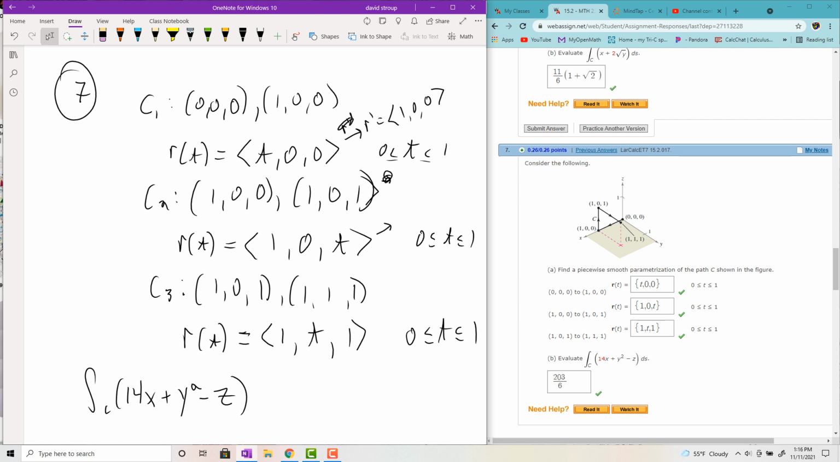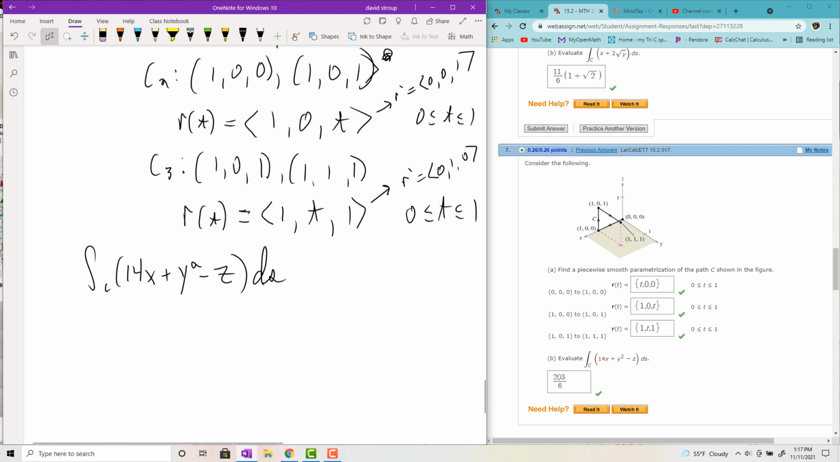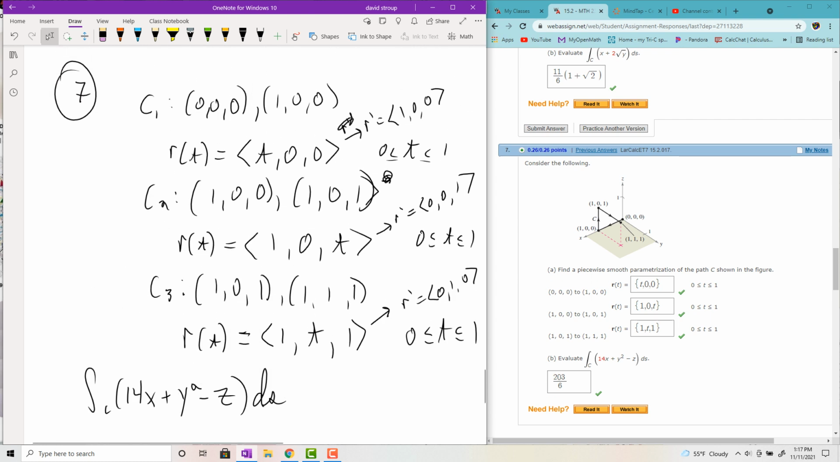Whoops. This r prime is equal to 0, 0, 1. And then this r prime is equal to 0, 1, 0. So each time it's going to be multiplied by the square root of 1, in other words 1. So you're basically not even going to see that part of the integral. Anyways, the first integral,